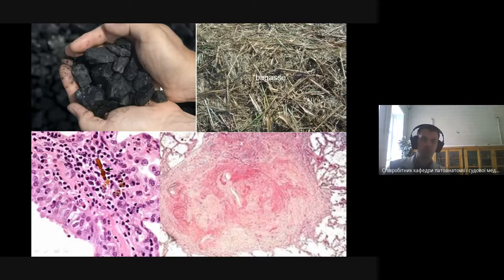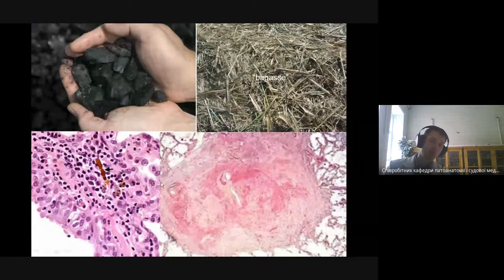Coal dust can cause anthracosis, bagassosis, asbestos body, ferruginous body in asbestosis, and the nodules they have described in the question with concentrically located